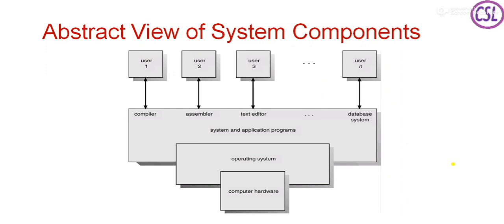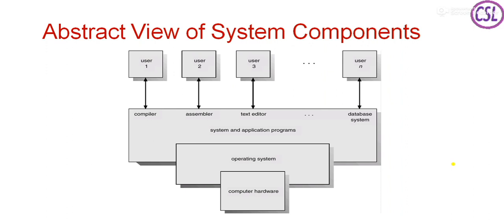And the operating system alone cannot provide all the user needs. So we need some application programs and system programs. These softwares or programs have to be installed on the operating system, so they are placed above the operating system. And if the users try to interact with the computer hardware or the operating system, only through these system programs and application programs can users interact.